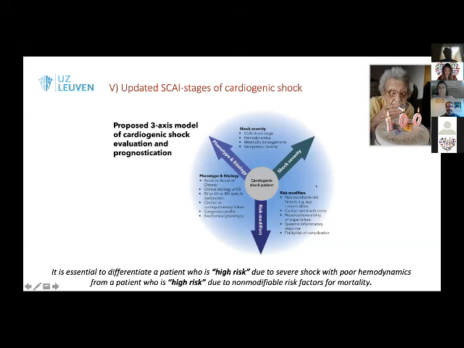And that's what this figure tries to show us. Look at the phenotype of the patient in front of you, and this might also guide you towards the right